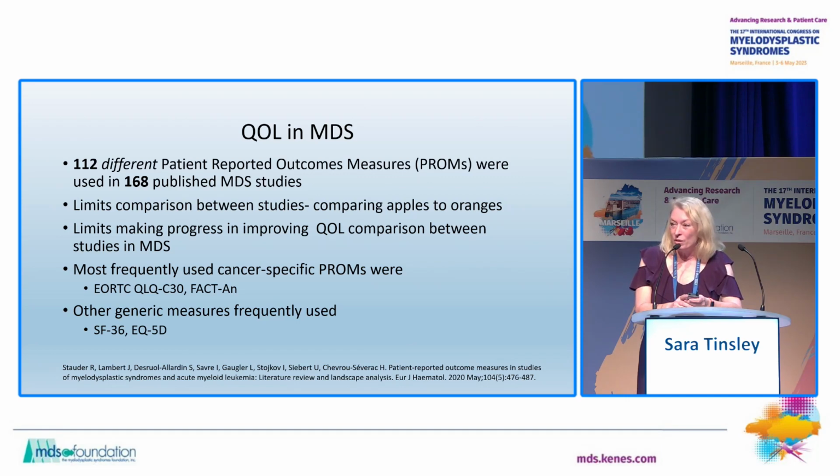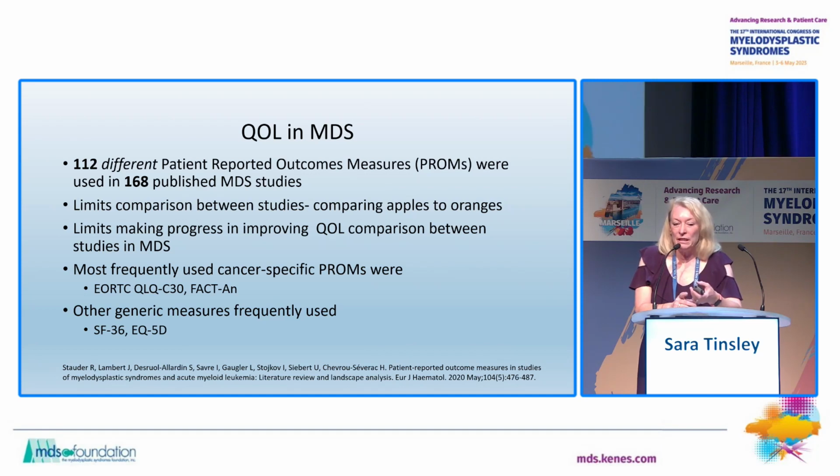Survival is more straightforward. It's a yes or no, that you're alive or you're not alive. But quality of life is more complex, and so measuring it also is more complex. And I think that is really limiting our progress in improving quality of life comparisons when we try to talk to patients. When the doctor talks to them and recommends a treatment, they leave the room, and then the patient looks at me and says, well, how is this going to make me feel? What's my quality of life going to look like? It depends on which study you look at and which tool you used.